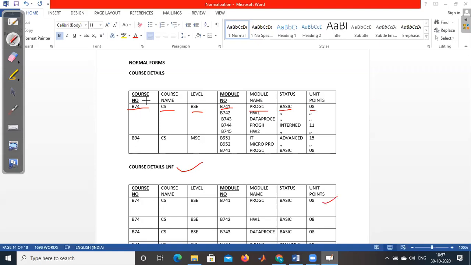Next, B74 CS BSc B742, hardware 1, basic and 8, that is another tuple. Next, B743 data processing, basic and unit points 8, that is also a separate tuple. Like that, each and every